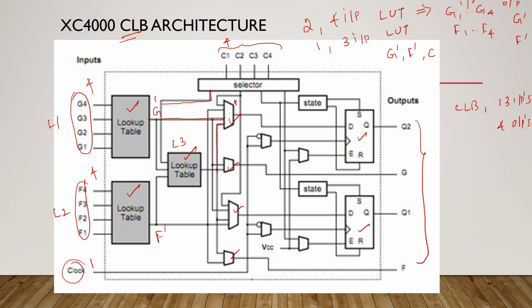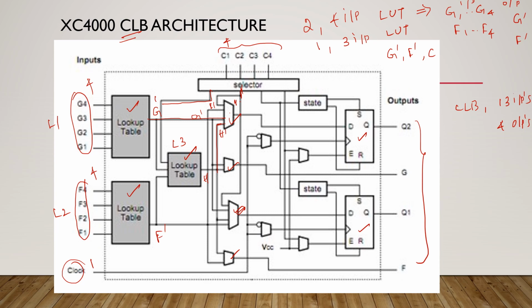right? And then another input is F dash. So here you can see G dash, F dash, as well as the output of the third lookup table, which we can call H dash. So we have 3 inputs. One more input is coming from the data selector, right? So it is a 4:1 mux. Similarly here also, there are 4 inputs: G dash, H dash, F dash, and another one is the input